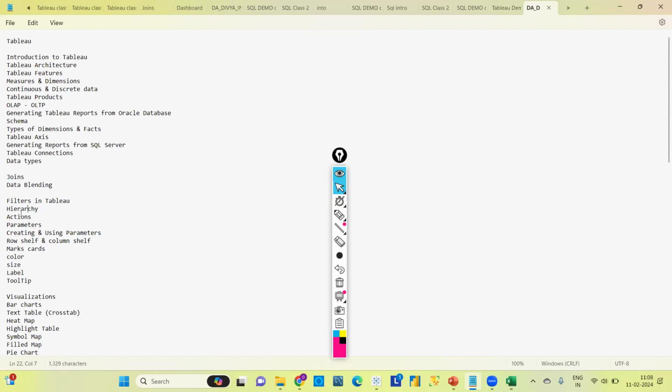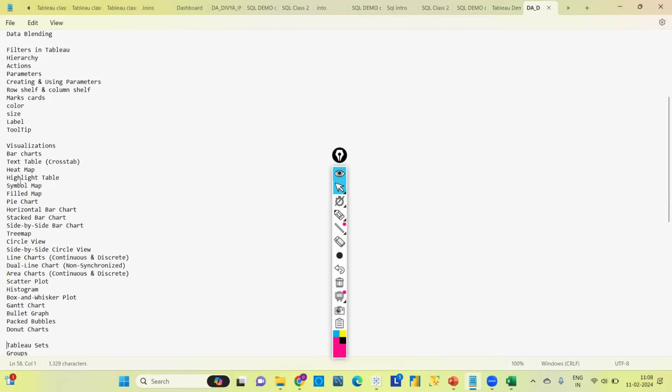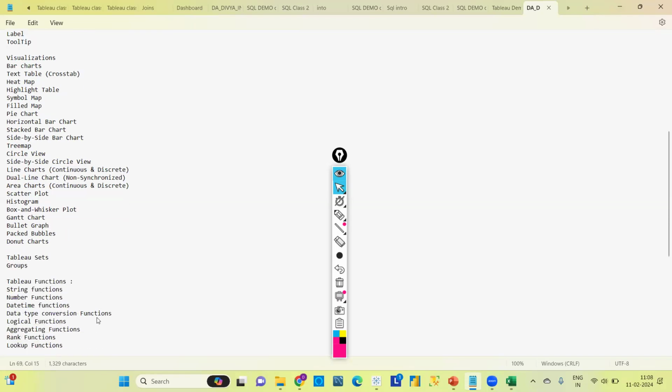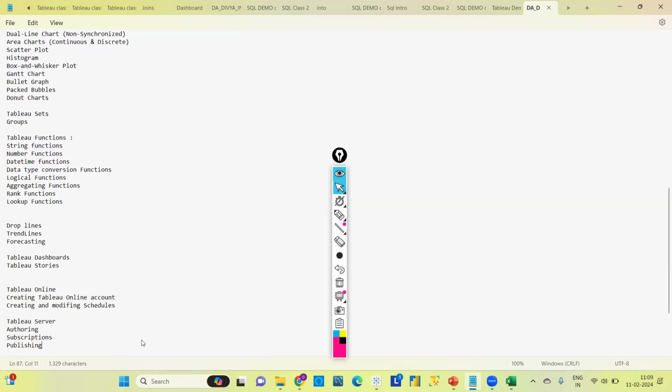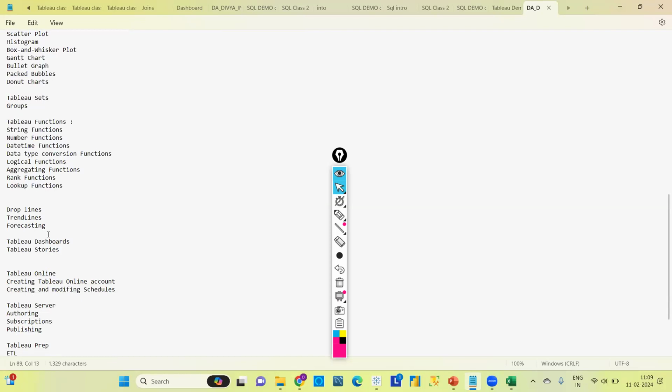These are a few topics like filters, hierarchies. These are all visualizations. Each and every graph we will see in detail. And there are Tableau sets, groups, and some Tableau functions. And drop lines, trend line forecasting, Tableau dashboards and stories.